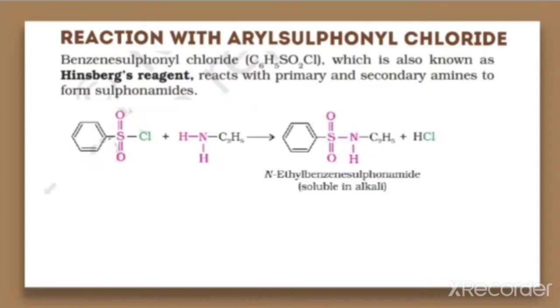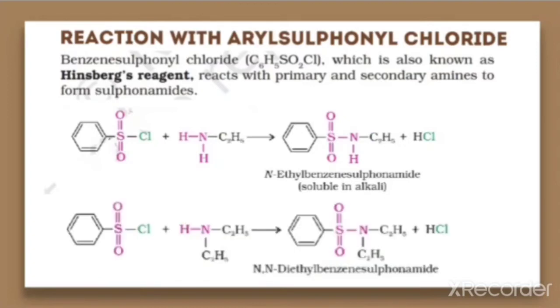When we make it for the secondary amine, the equation will be in this way, that is a reaction of a secondary amine with the benzene sulfonyl chloride. You have to write the amine in this order so that you can easily frame the product. Now we'll be removing HCl from here, that is 1 H from the amine and 1 Cl from here, so HCl gets removed. HCl is one of the side products formed here. Now the rest you have to write as it is, and the link has to be made between the sulfur and the nitrogen.